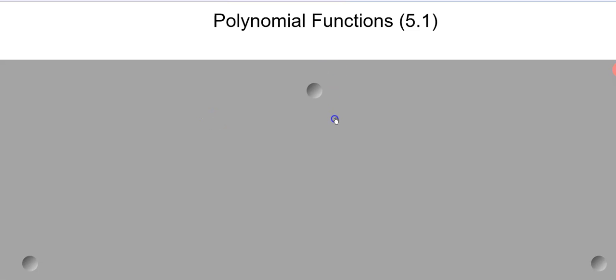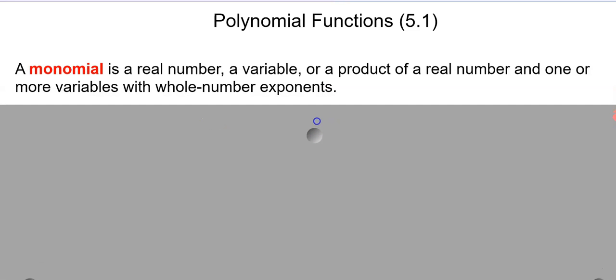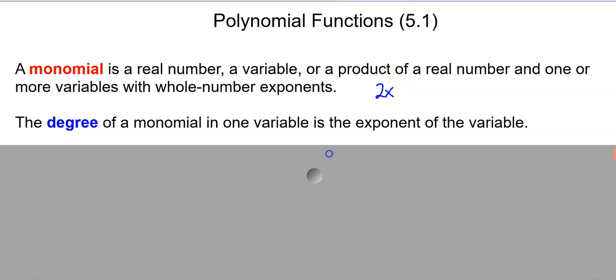Okay, today we're talking about polynomial functions. First, let's talk about what a monomial is. It can be a number, a variable, or a product. So like 2x is a monomial. The degree is the degree of the variable. In this case, the x is to the first degree, so this is a first degree, or degree equals 1,